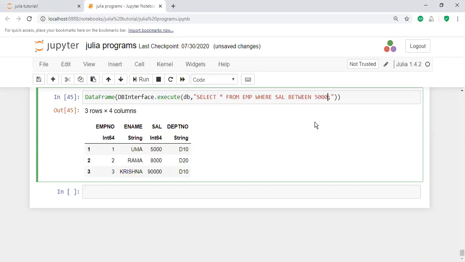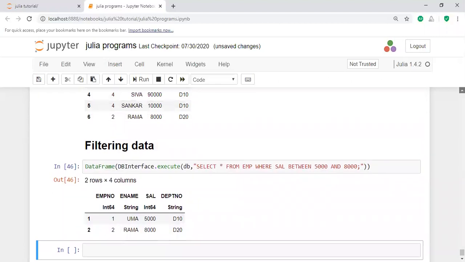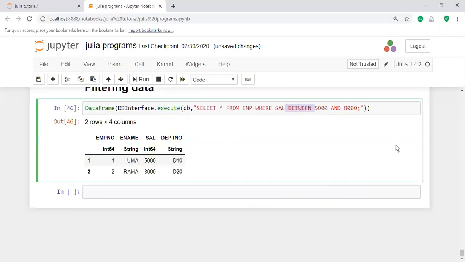Let us take 5000 and 8000. In a particular range only it displays the values. If you execute this one with the 5000 and 8000 range, the entire table is shown. In this way you will use the BETWEEN statement, one of the important statements.